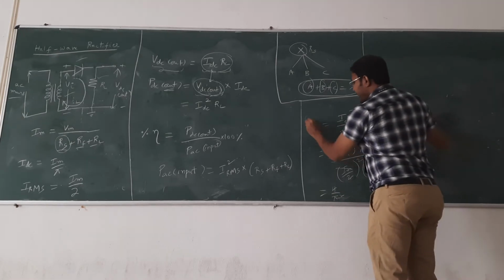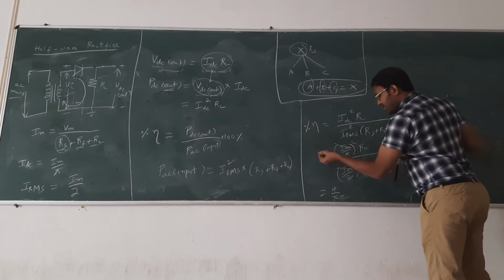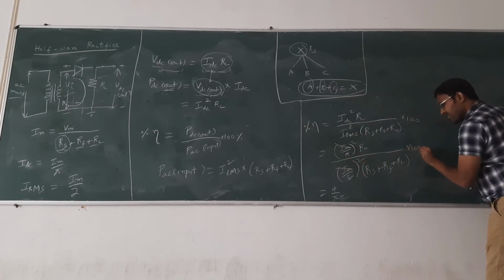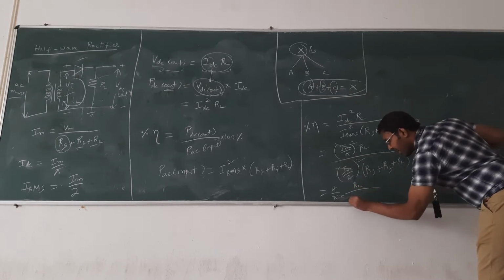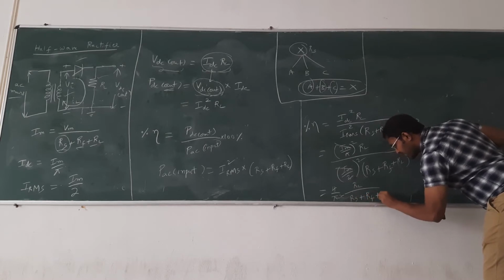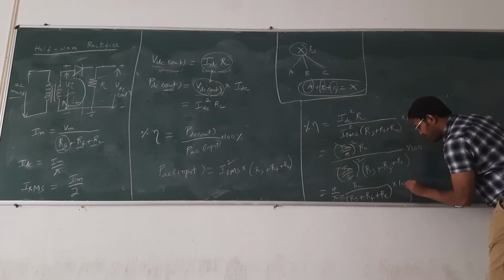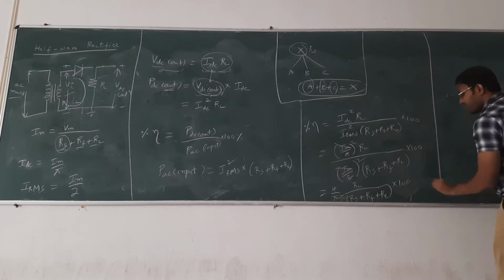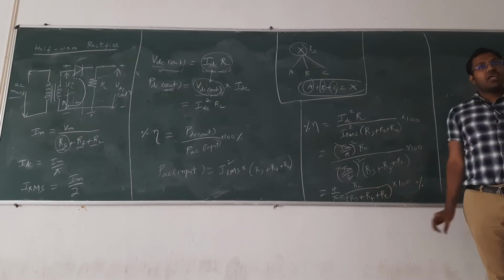Okay, let us take percentage efficiency. Let us multiply by 100. Then what else do we have? RL by RS plus RF plus RL, into 100%. Right? Okay. Now,